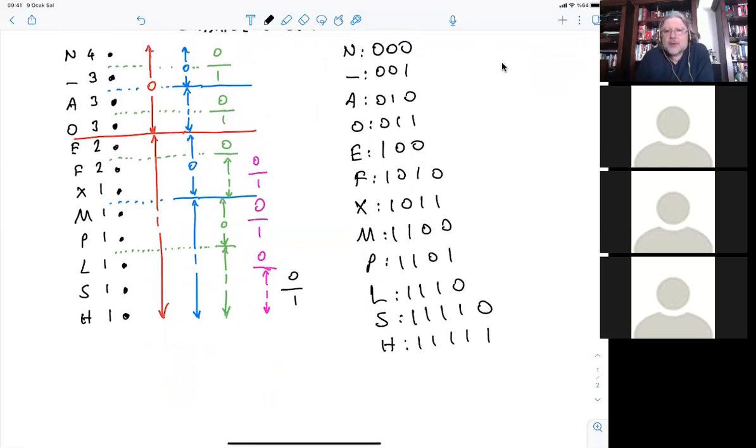So these are the code words that we come up with. As you see, the less frequent ones have longer code words, and the more frequent ones have shorter code words. It's constructed from the root by splitting, and it makes quite a nice code word ensemble, a code book, we